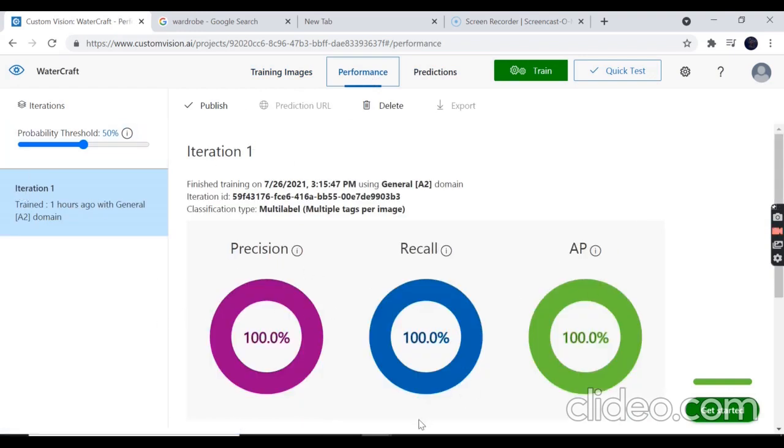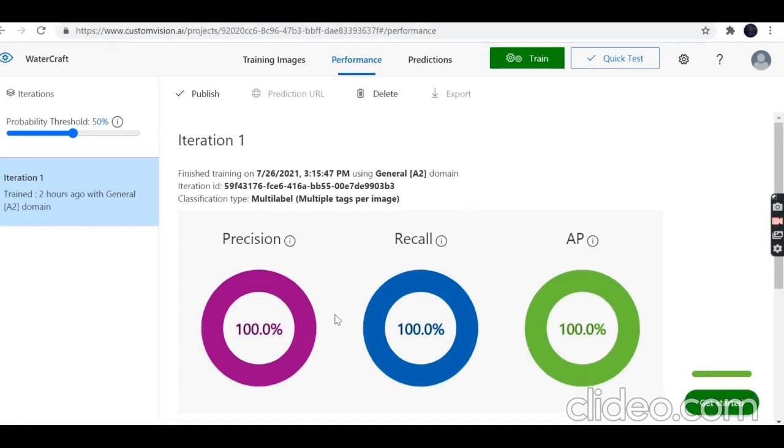It shows 100%. So what is precision, what is recall, and what is AP? Precision is how precise your model is at recognizing all the images.